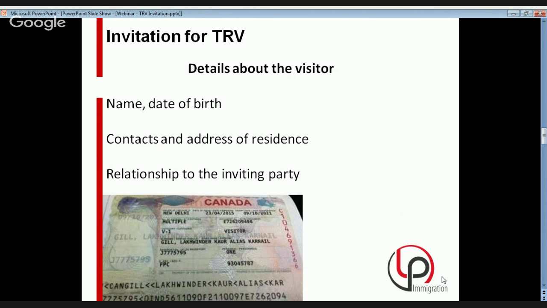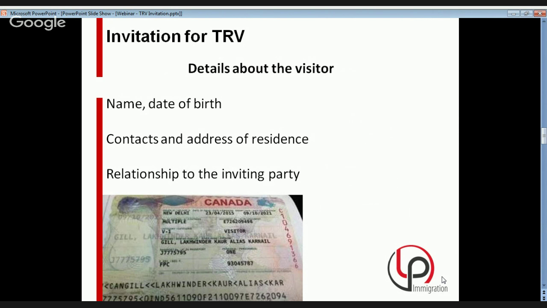It's not actually sufficient to pick up a random person and write his or her name and date of birth in the invitation letter, in the letter from those inviting the person to Canada. There should be some sort of relationship with the inviting party, and this relationship must be clearly described in the letter of invitation. So the person inviting you has to tell the officer